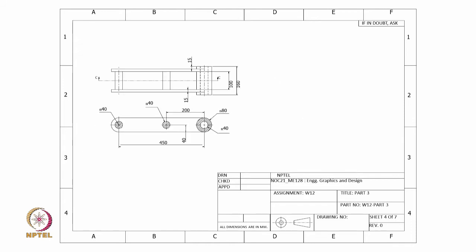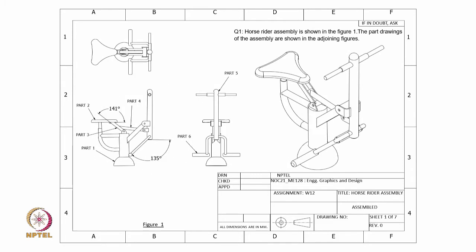So, now let us go back to the assembly and see what we have just discussed. We said there is this base which is sitting on the ground, and then we have the seat, and there are 2 links. One link connecting your base to the seat, which is the short link, and there is another longer link which connects your small link to the handle. So, this vertical and the horizontal combined together is the handle where the rider holds, and lastly the leg rest is shown here. This is part 6, the leg rest.